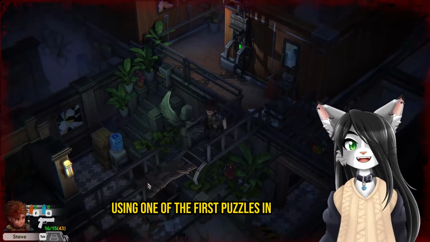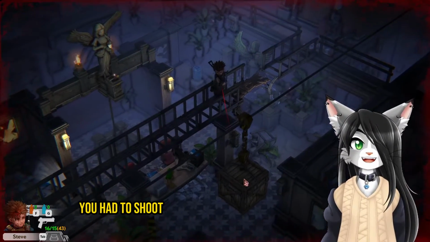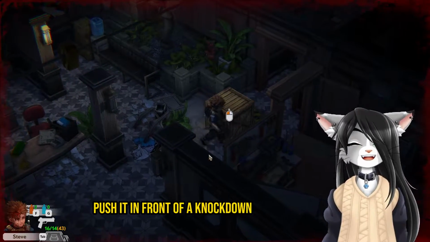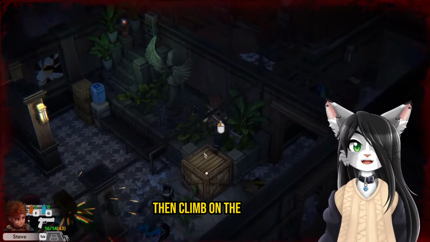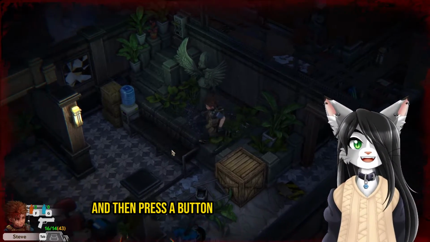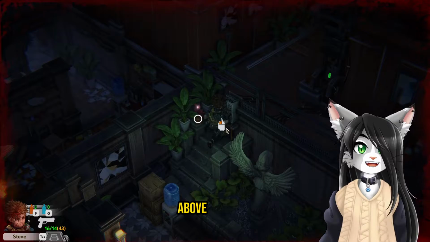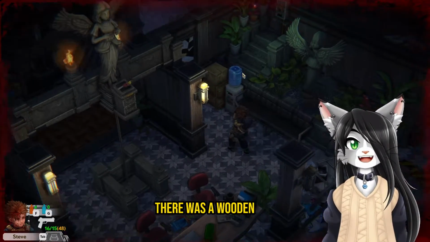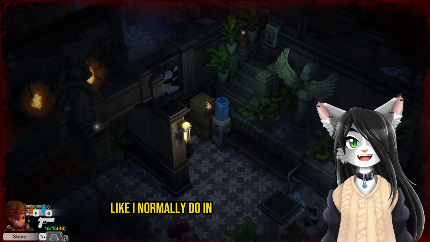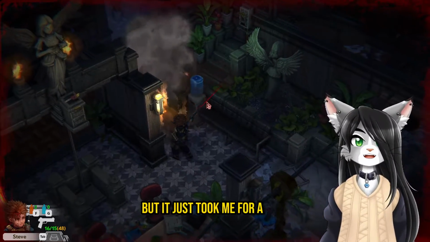Using one of the first puzzles in the game as an example, you had to shoot a crane arm that would drop a crate, grab the crate, push it in front of a knockdown rafter walkway, then climb on the rafter, and then climb on the box. Walk around the fountain ledge, and then press a button to unlock the crane arm above. However, right next to it, there was a wooden box that I believed I could burn and just destroy like I normally do in these types of games, but it just took me for a loop,